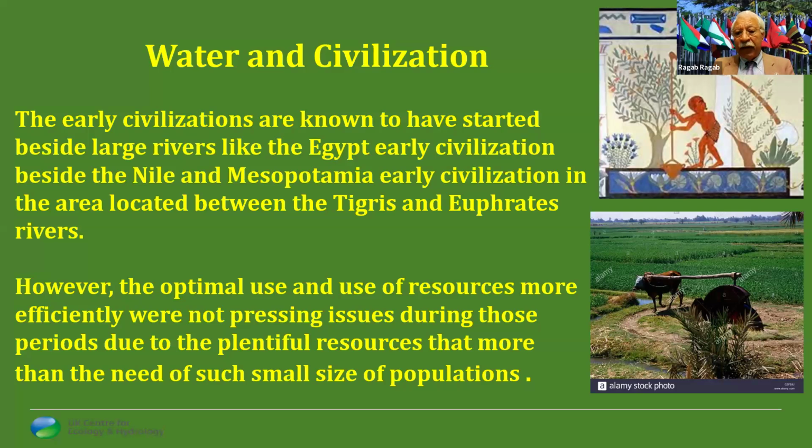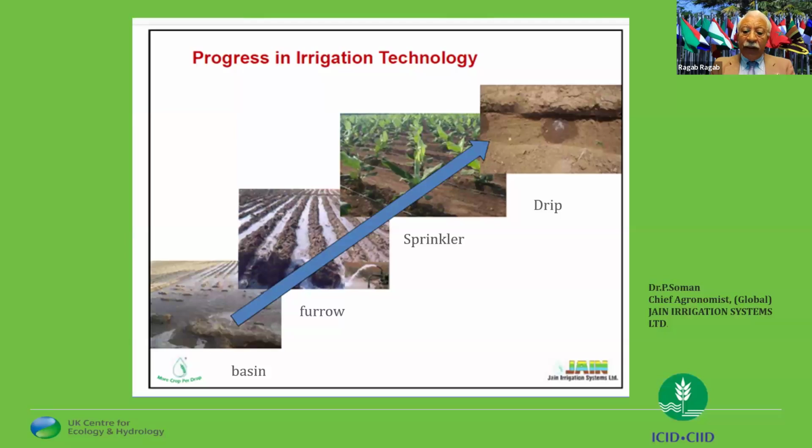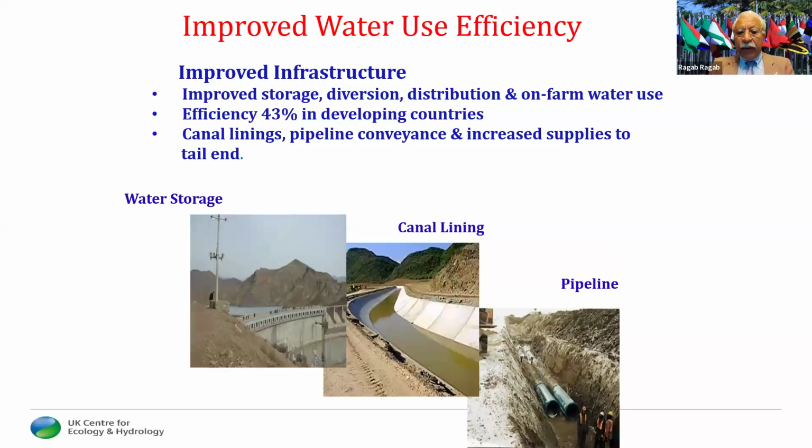We cannot afford surface irrigation nowadays because population increased, but the water did not. So that's why we've got to think about accurate estimation of crop water requirements and using more efficient systems. And we did, over the years, move up the ladder from a low-efficient basin irrigation to furrow to sprinkler to drip. And we even did more in the last decade. We started also to look at lining canals to avoid the leak and also to avoid losses by evaporation.